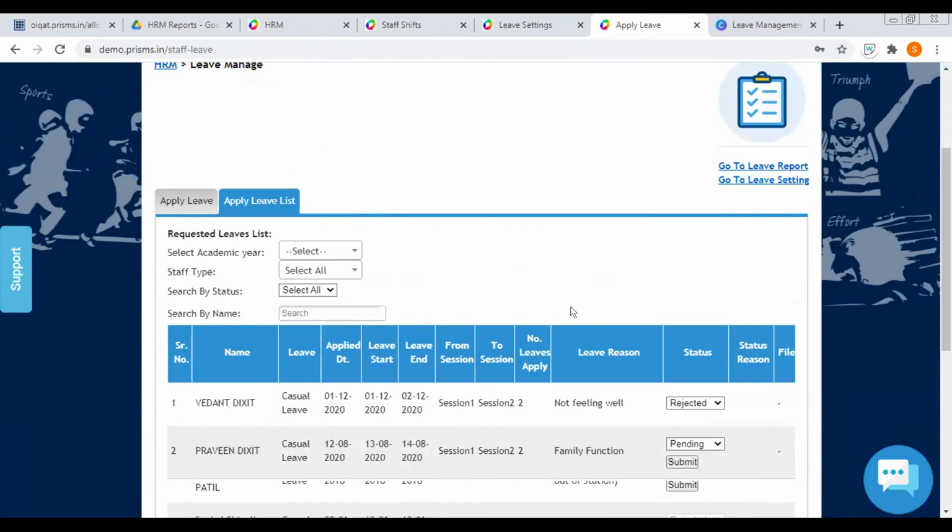So if you have any doubts regarding this part, you can ask, or we can move on to the next part, which is the reports.